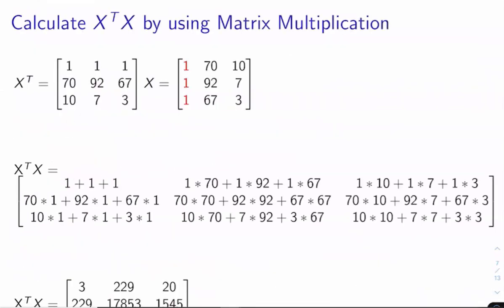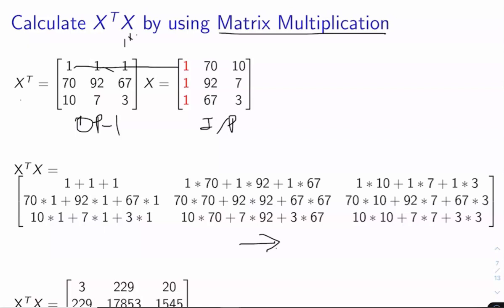Now in the second step we need to perform the matrix multiplication, in which we are multiplying the result of the first step with the matrix x. So this is the output of the first step, and this is our input, that is x. xt and x we are going to multiply. Here I have shown the individual results, how the multiplication is performed. In order to perform the matrix multiplication, you can go row wise, and this one is multiplied by this one, and this one is multiplied by this one, and all these are added. So this is the result.